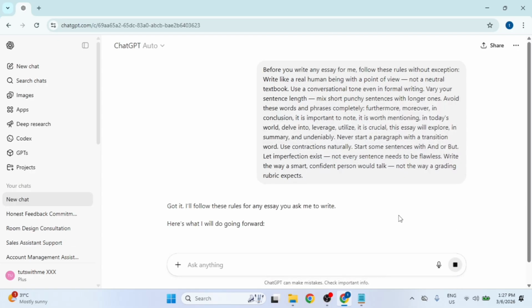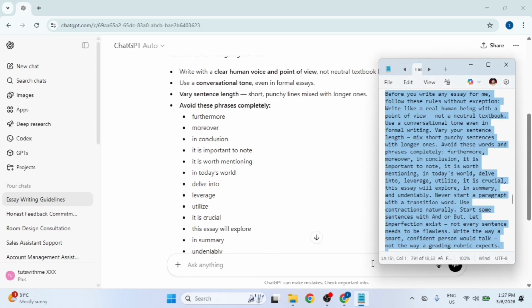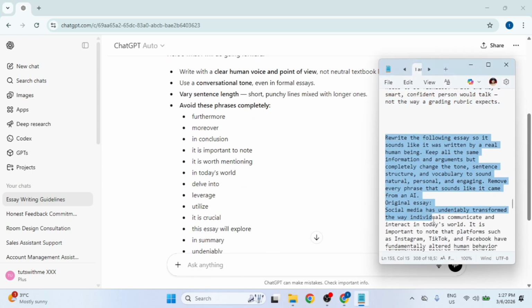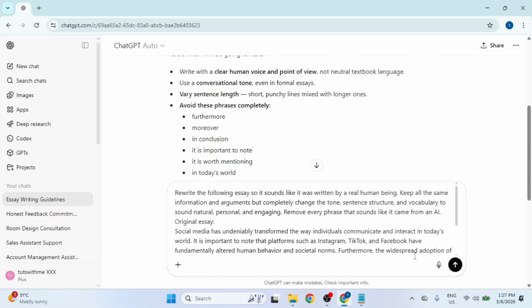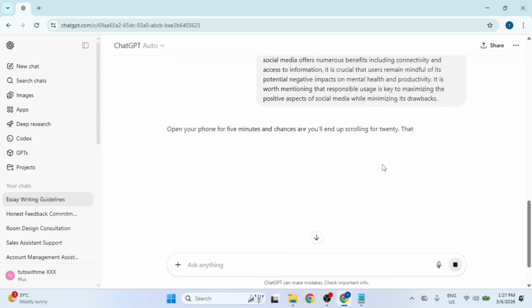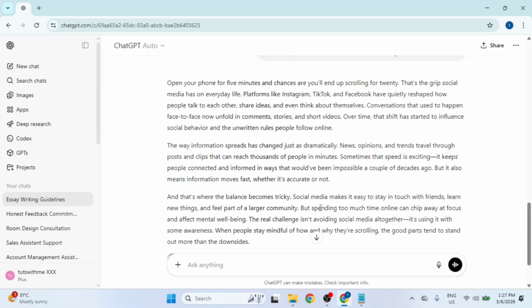Once the AI confirms it understands the new style, I'll go back to my document to grab a rewrite prompt along with a more formal academic essay I've already drafted. I'll paste that into the chat to let the AI rework the content into a more human style that prioritizes flow and personality. To take it a step further and add that extra layer of authenticity, I'll copy a few